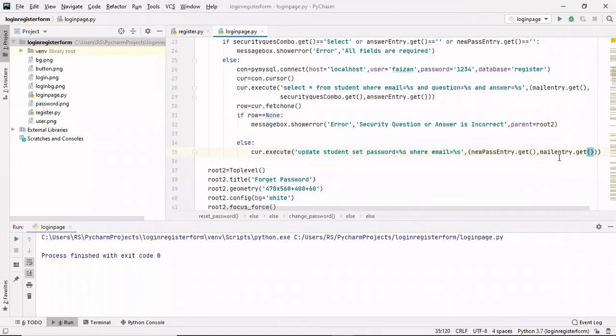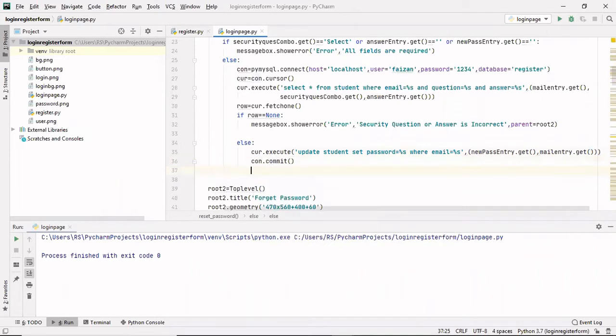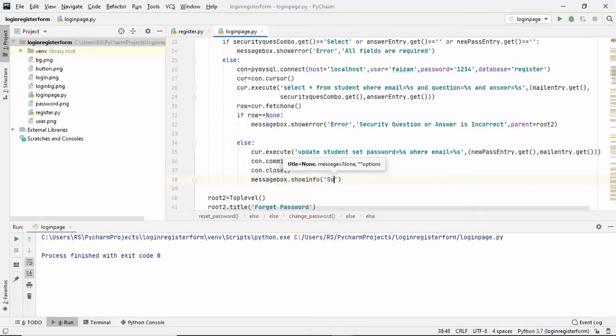After updating, so I told you, when we insert something or when we update something, we have to write con.commit. Then only this will be updated, and after updating we will simply close our connection. And at last we will show a message box that the password is successfully reset. So I'll write a success, and here I'll write password is reset, please log in